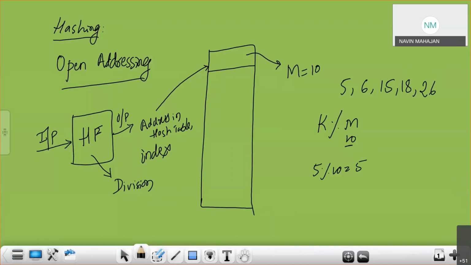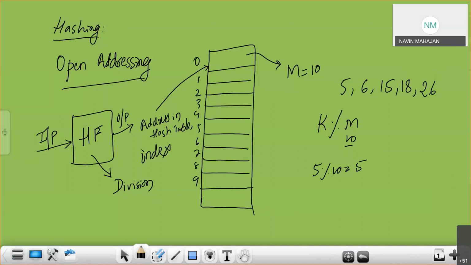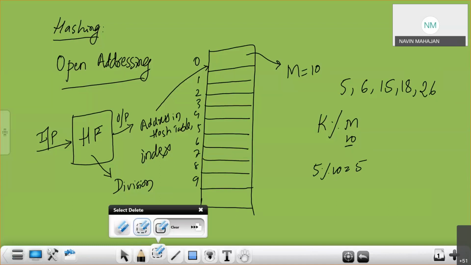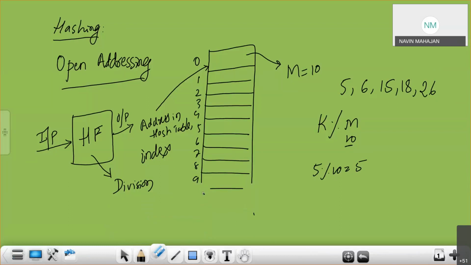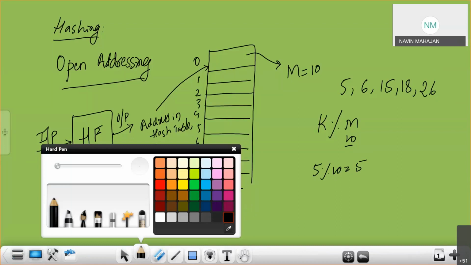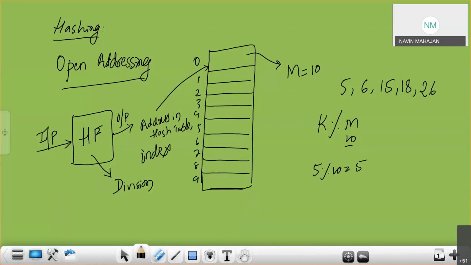So we have locations 0, 1, 2, 3, 4, 5, 6, 7, 8, 9. So the maximum index is 9.